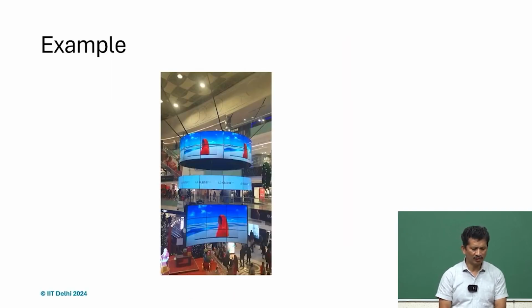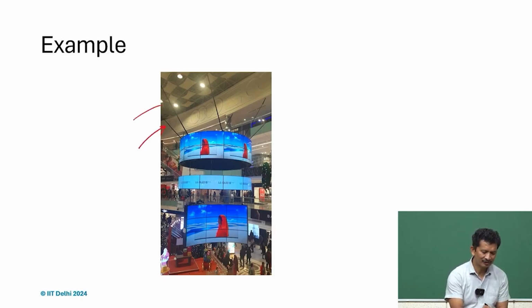So, there are similar examples, and we can use the constraint line approach again. What we see here is a huge display, and it was installed in one of the shopping malls here in Delhi. So, I just clicked it and used it for the course, and what we realize here, we can see the cables here,